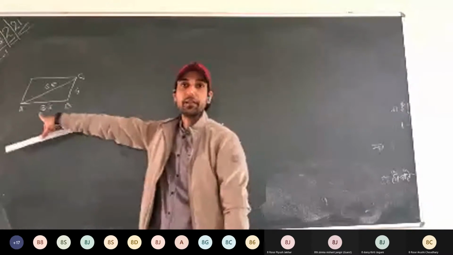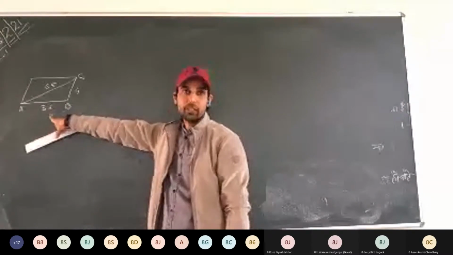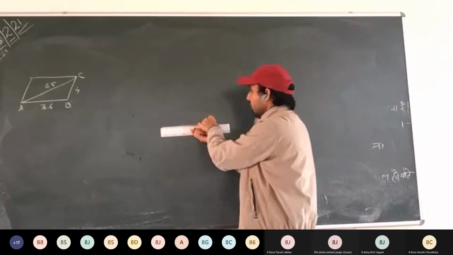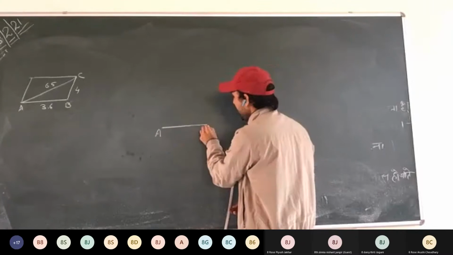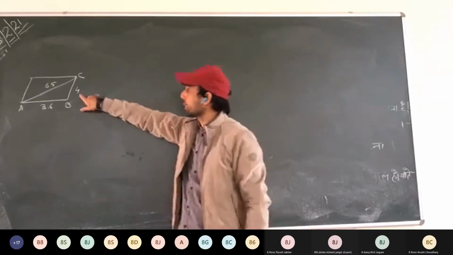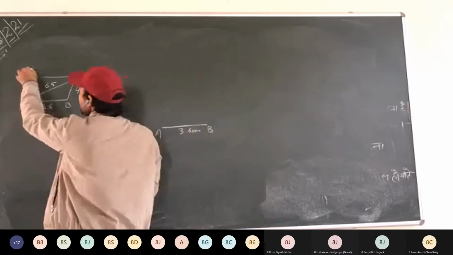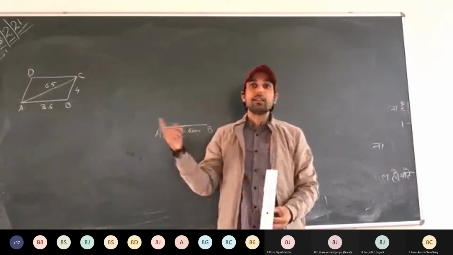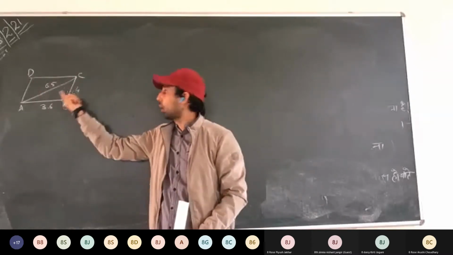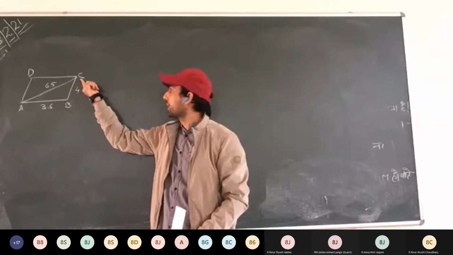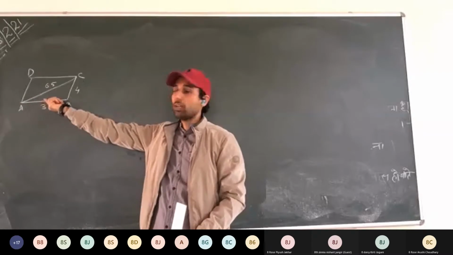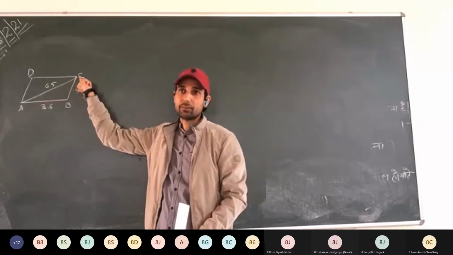So first we'll be drawing a line AB of length 3.6 centimeters. Drawn 3.6 centimeters, AB. Now see here. Which point will you draw, D or C first? D we can't draw. First C we have to draw. How to draw C? It is how far from B? 4 centimeters. How far from A? 6.5. So the meeting of those two arcs will give C. Draw that one.